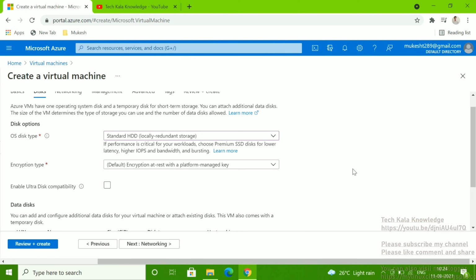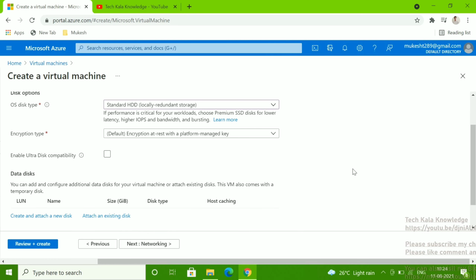As per your requirement, suppose you're working in an organization and the application team needs an SSD hard disk for the OS, then you have to select that. All these OS disk types you have to select as per the requirement. For learning purposes, you can select standard HDD.